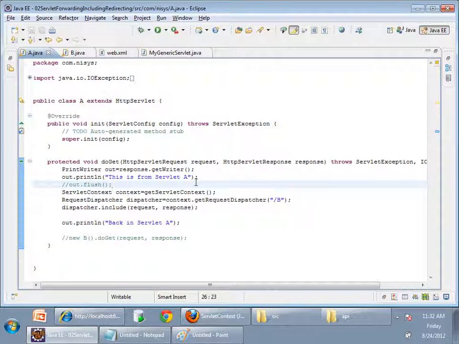Now, one more requirement I will tell. Same case. I will give a request to servlet A. Servlet A will forward the request to servlet B. Now let's talk about forwarding. Okay, but now